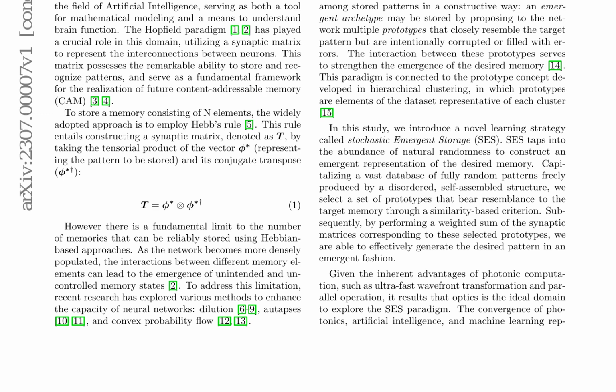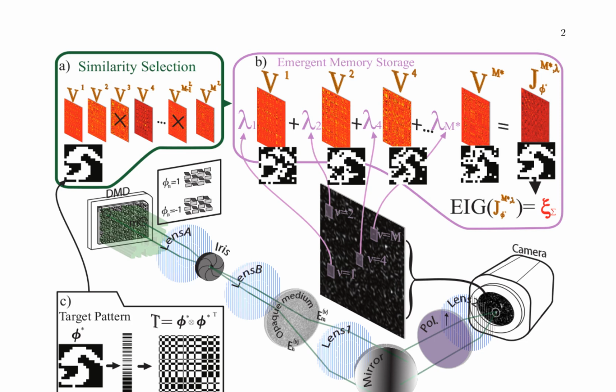The study demonstrates this non-Hebbian paradigm in the photonic domain by utilizing random transmission matrices, which govern light scattering in a white paint turbid medium, as prototypes. The SES-based optical hardware, the disordered classifier, is capable of efficiently performing pattern storage and subsequent pattern retrieval. It can simultaneously compare an input pattern with thousands of stored elements, and it enables a two-layer architecture, providing categorical, deep classification, which allows for more complex tasks.